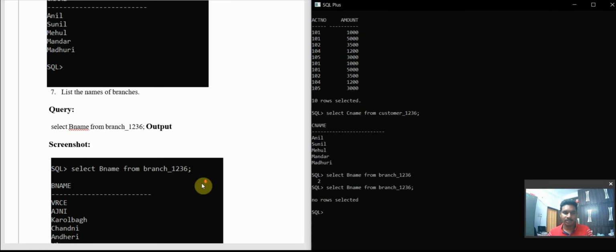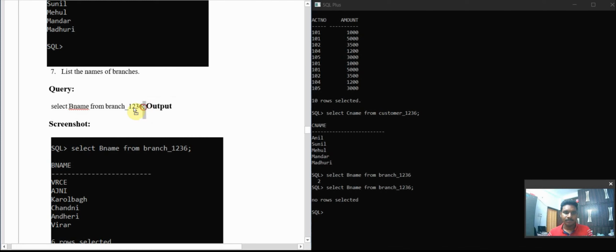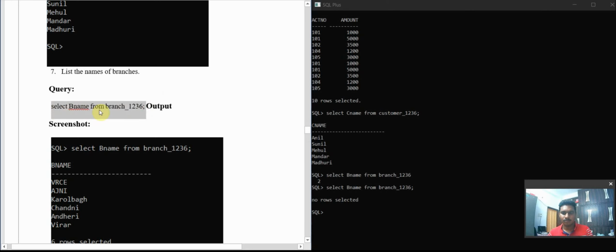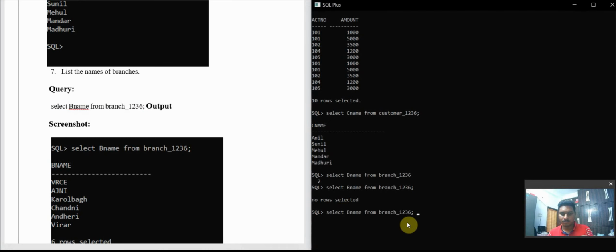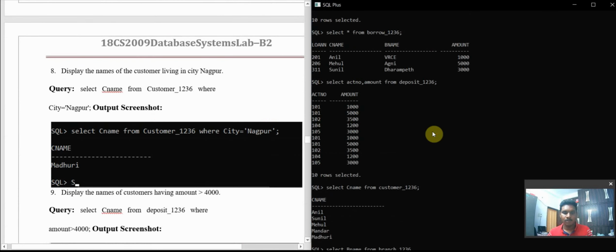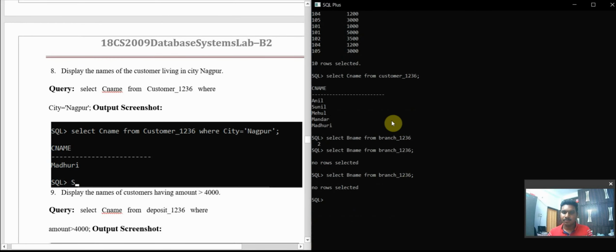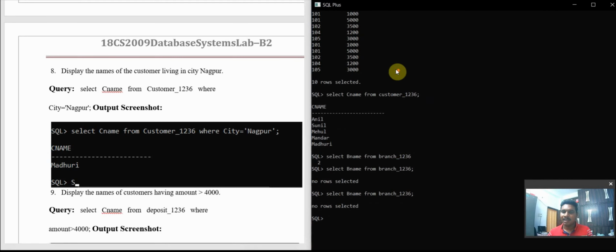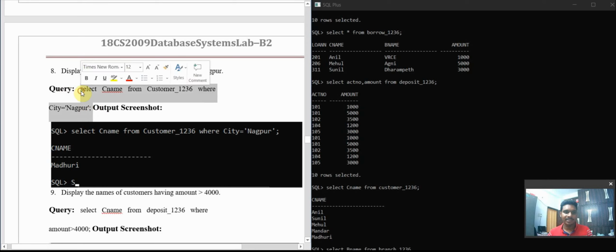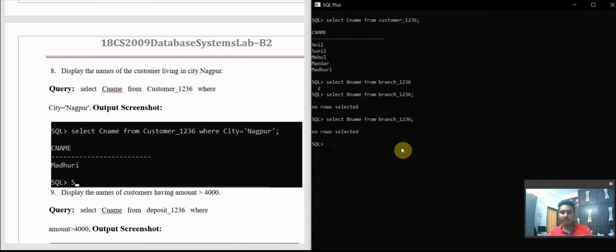No row is selected. So I think I need to select a specific row, that is, I need to create this again. So that might be the problem here. Now let's go for the next command, because the video is going to go very long. So you can see here the exact result.